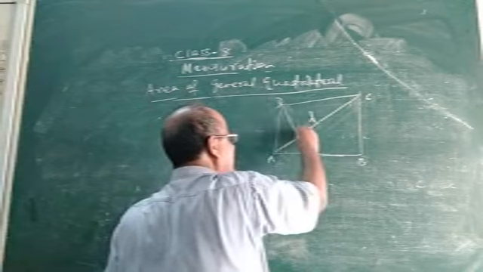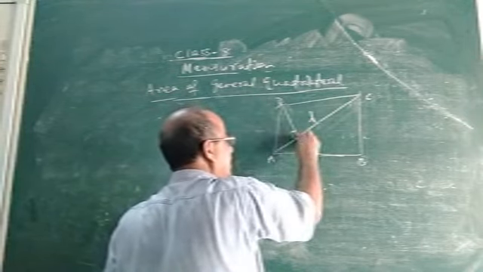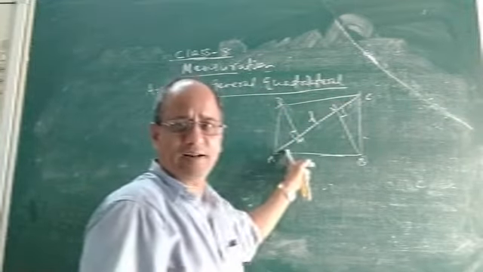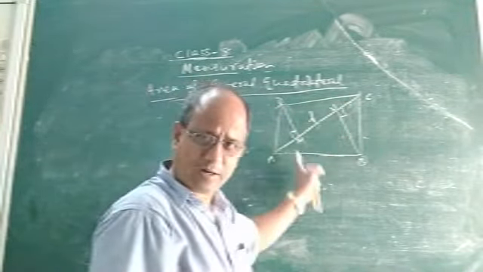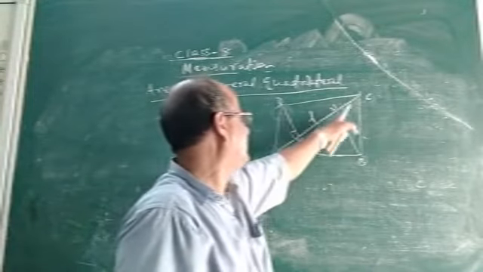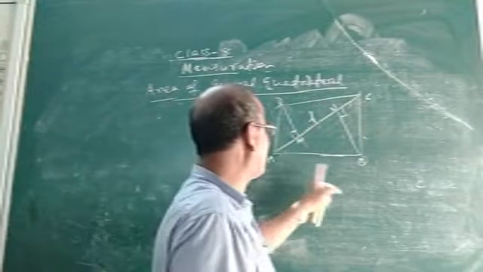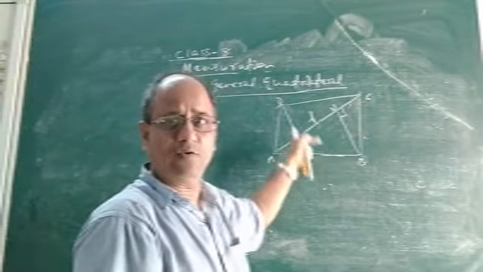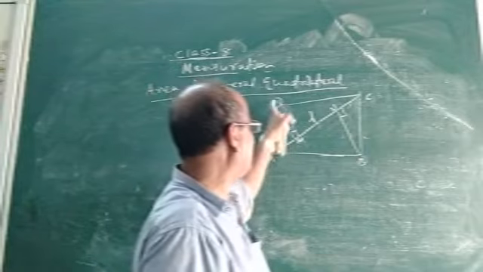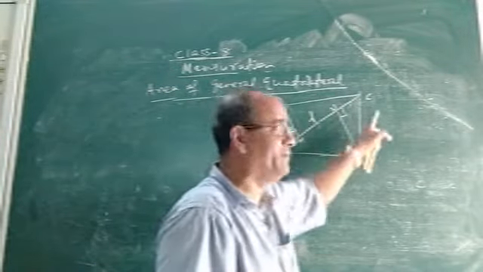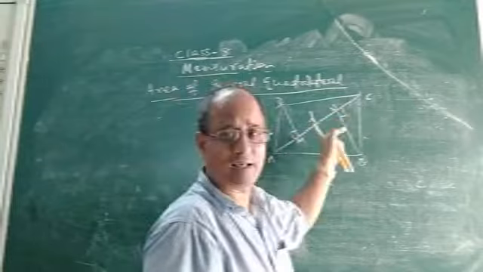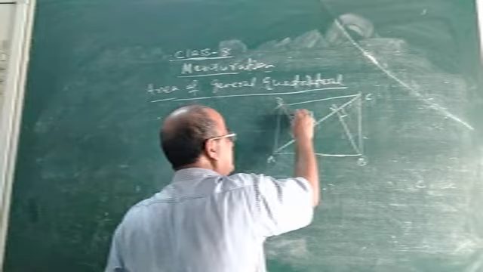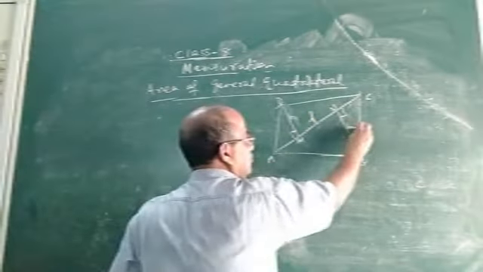Now the two perpendicular altitudes are drawn. Suppose this is M and this is N, another perpendicular. Now look at, children, AC is the diagonal of the general quadrilateral, but it is the base of triangle ADC as well as triangle ABC. If you are given the length of diagonal d, that means here the base is d. Now suppose the length of this altitude is h1, and this is h2.